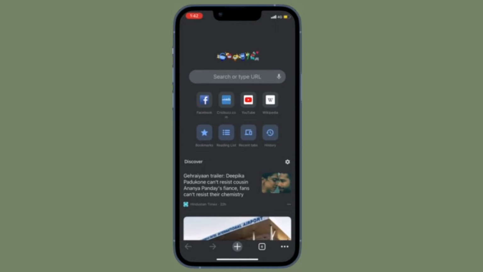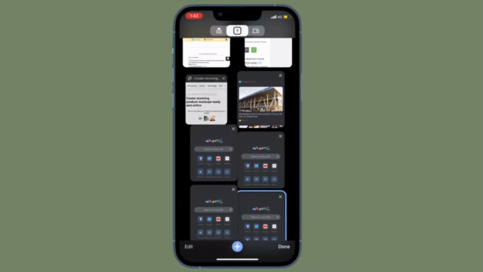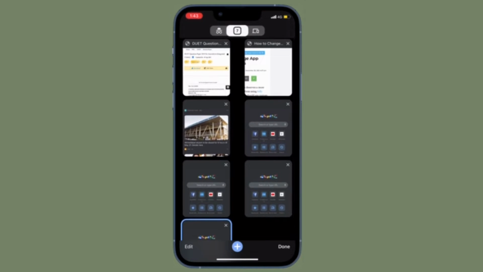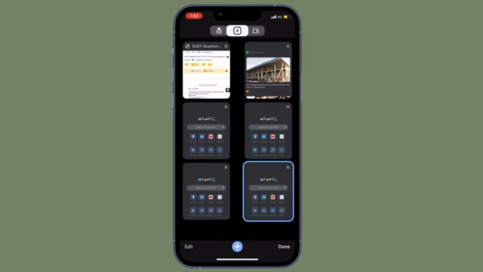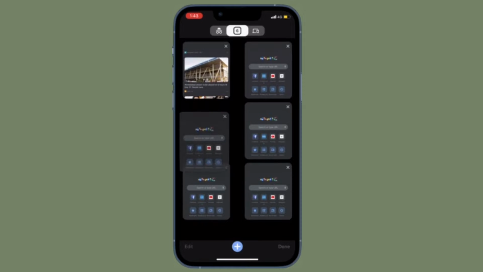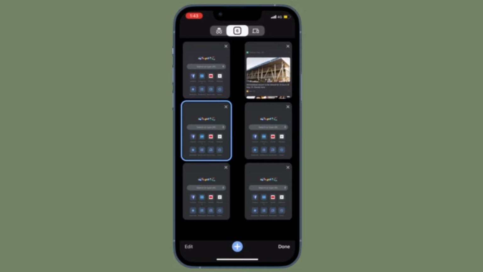Right now I'm going to show how to use incognito mode on Google Chrome for iPhone, iPad and Mac. Are you looking for a way to browse the web without having to delete your browsing history every now and then? If so, you may be interested in taking advantage of a privacy-oriented browser feature called Incognito Mode that's available on Google Chrome. It's accessible on all platforms including iPhone, iPad and Mac, and it's pretty easy to use. That all being said, it's time to learn how to use Incognito Mode on Google Chrome for iPhone, iPad and